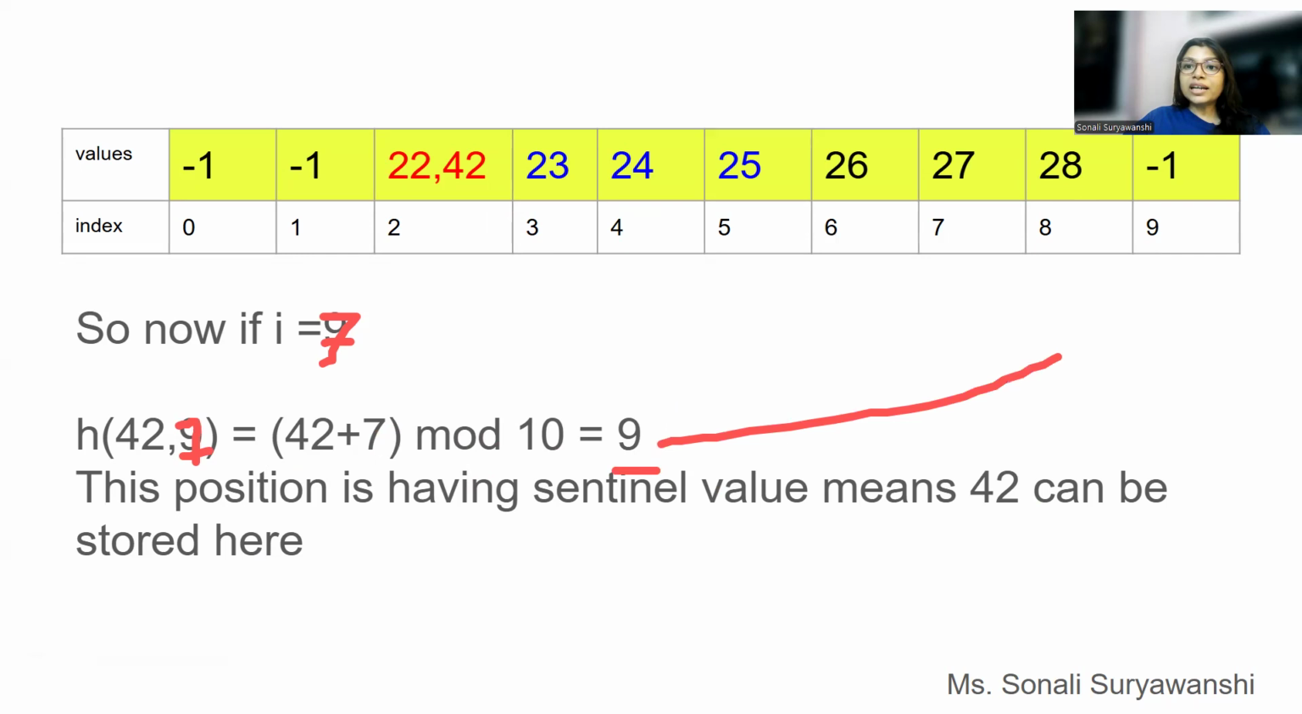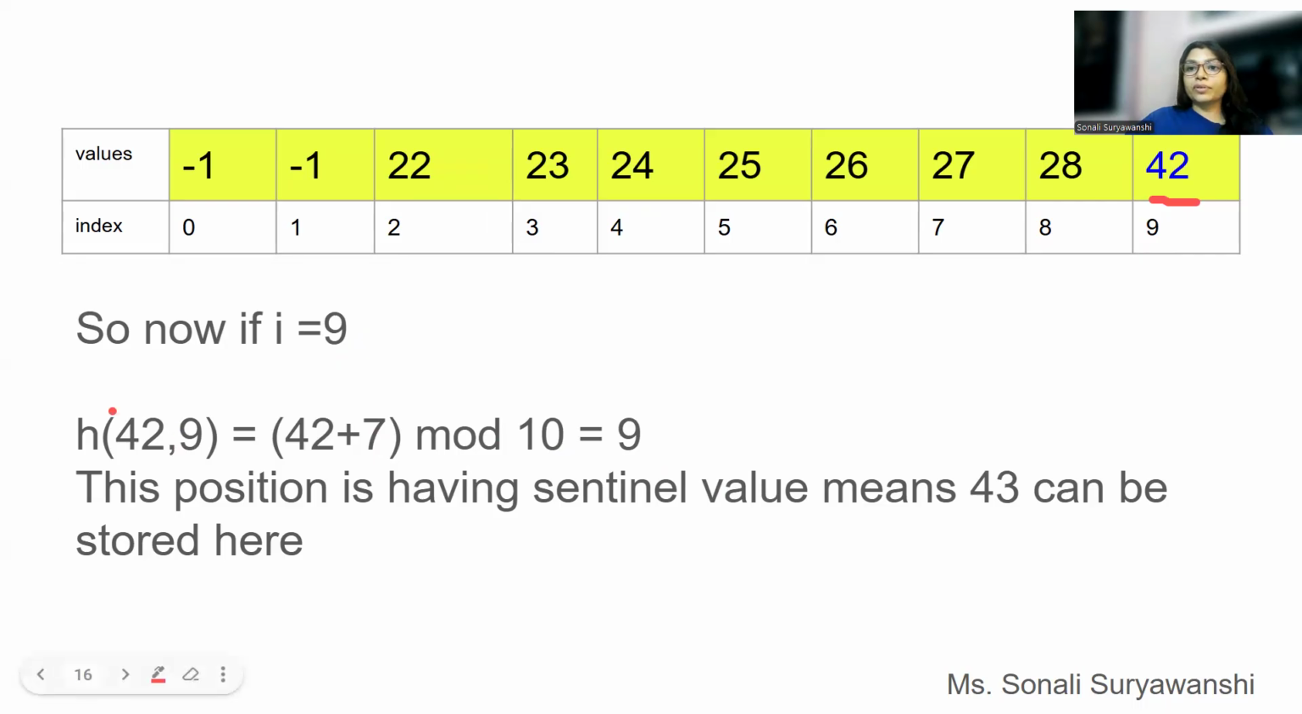And we can clearly see that at index 9 there is a sentinel value, which means that space is available. So we are going to store 42 there. So 42 will come at this location. Okay. So this is what the